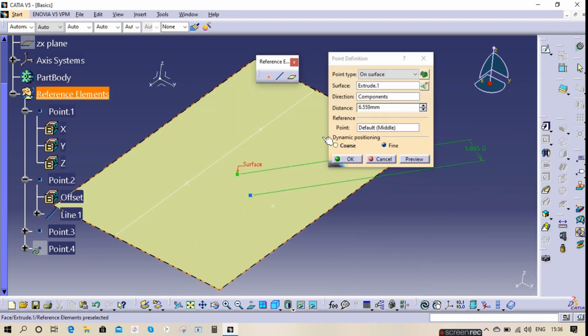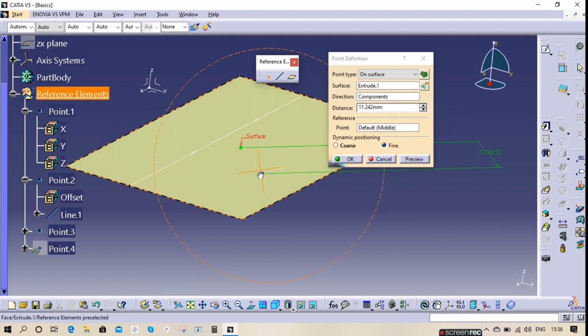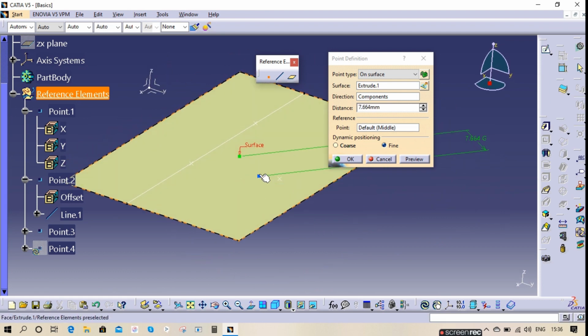Now in this surface, if we have any surface, while doing surface geometry, you can locate the point. Suppose you have a surface and you want to locate a point on the surface wherever you want in this area, you can click anywhere wherever you want this point.